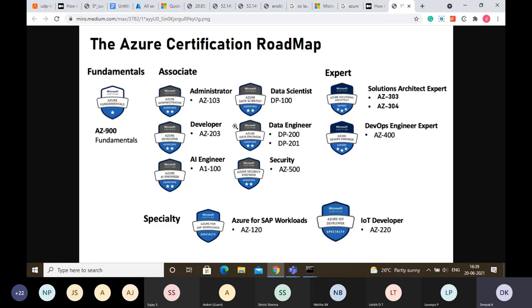But if you believe that, okay, let me do some certification and get into that role particularly, you can start from fundamentals. You should start from fundamentals. So AZ-900, similarly, there are three certificates in total. AZ-900, for Azure fundamentals,